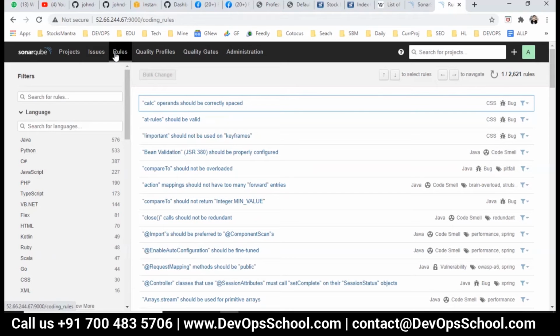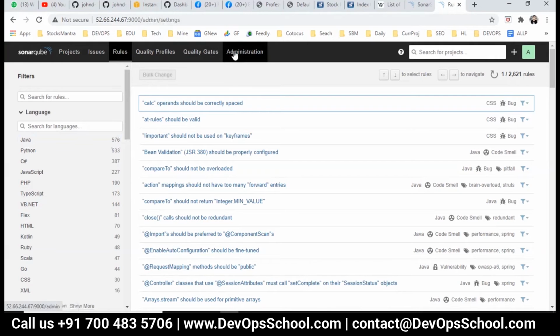But do you want more rules? Right now Java has 576 rules. I want more rules. A manual way of installing rules is also possible, but you can install through a plugin also. So what do we do in this case?